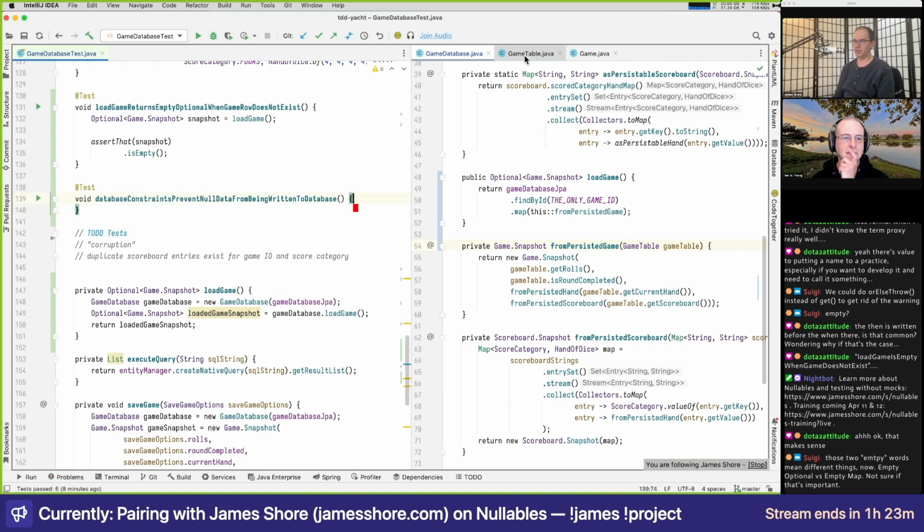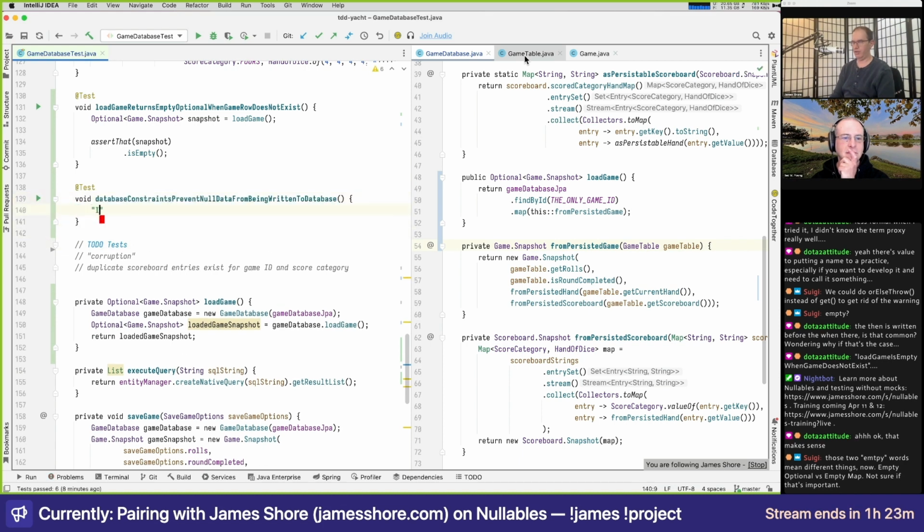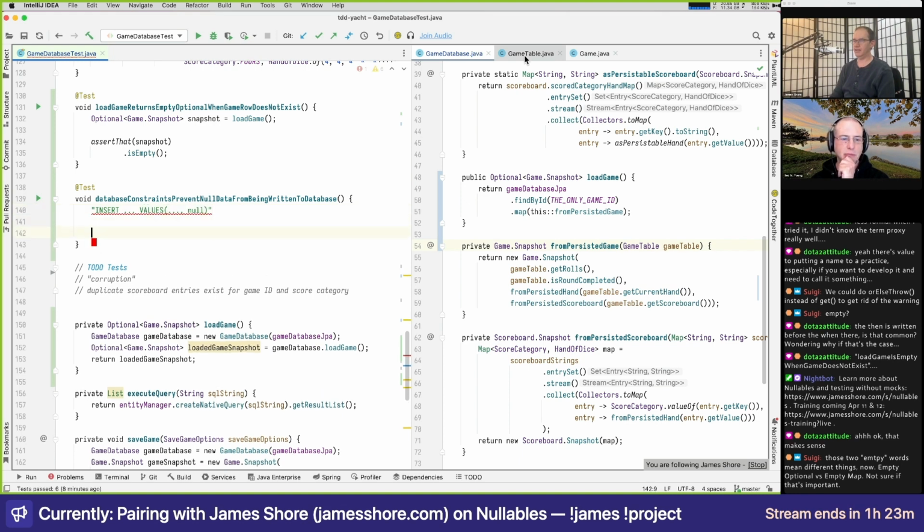We could say something like execute a query that was insert blah, blah, blah values, with some null, and then assert exception. We could do that. I don't know if we want to.